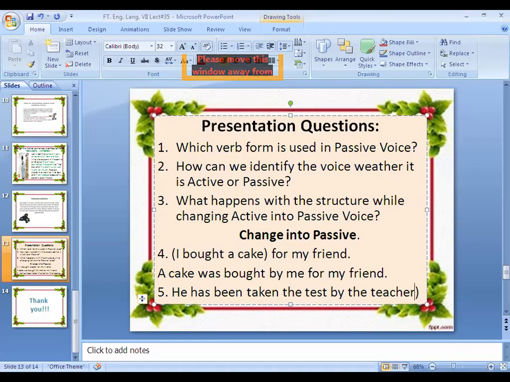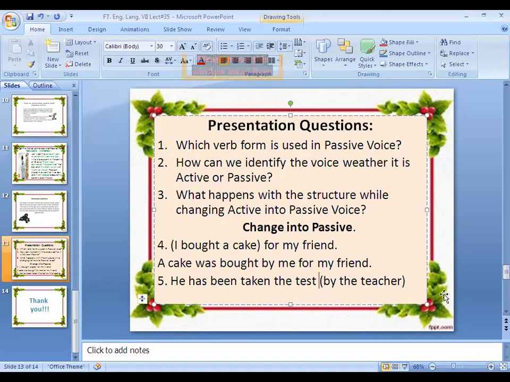When the subject is understood, we don't use the subject in the passive voice. We bring it to the object and end the sentence there. Clear? Does everyone remember this? I told you that when the subject is understood, we can sometimes omit the subject from the end of the passive sentence. I have done the same here, I have omitted "by the teacher" from here.